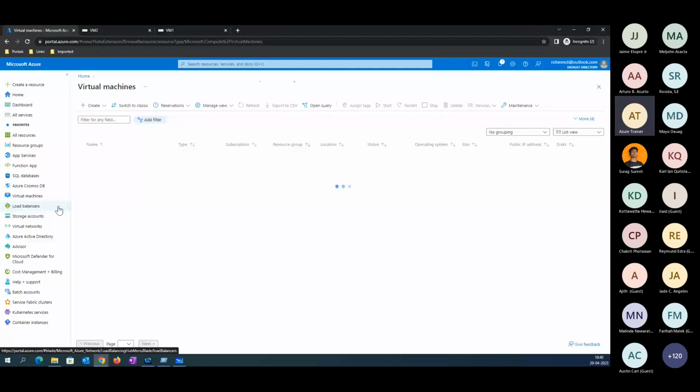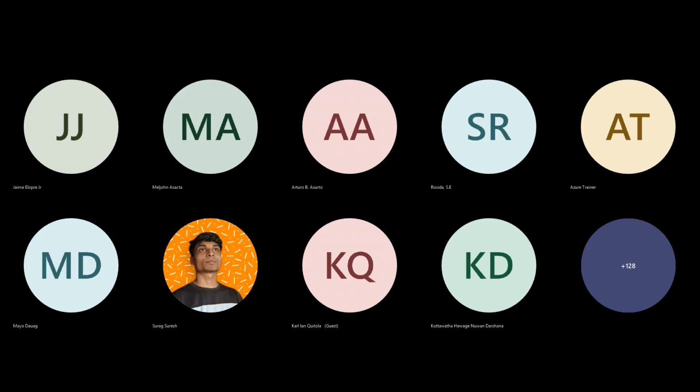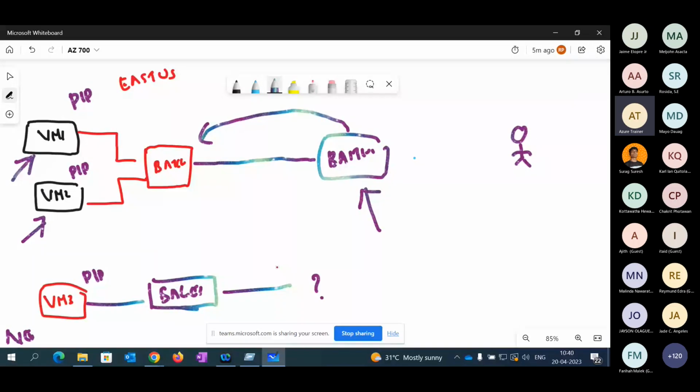So right now, if you go back to the whiteboard, you have two VMs available. VM3 is currently attached to North Europe and a different VNet. That's the reason I'm not able to use a Bastion service. So technically, you want to enable a Bastion service either at a VNet level, or in case a VNet peering is available, with the help of that you can connect. So the Bastion service has to be enabled at a VNet level.